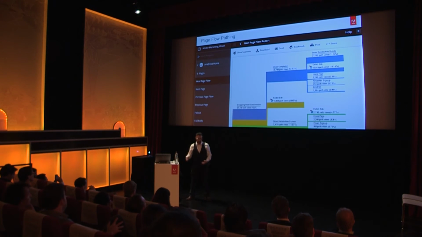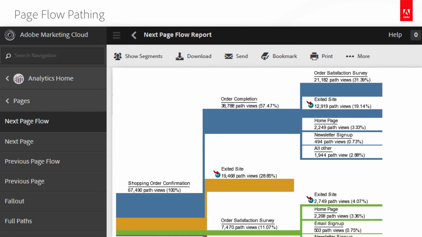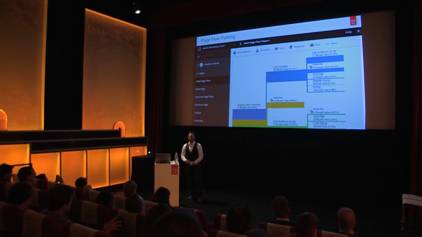After that, after you've done fallout reports and looked at the rates within the rates, you have the concept of pathing. Again, this is another principle that few advertisers are really experts at. Some web analysts might be really good at it. But pathing is very powerful in helping us see where people go on each step and what some of the most common streams and paths are. And whether you're in Google Analytics or Adobe Analytics, I hope this is a report that you give a chance.